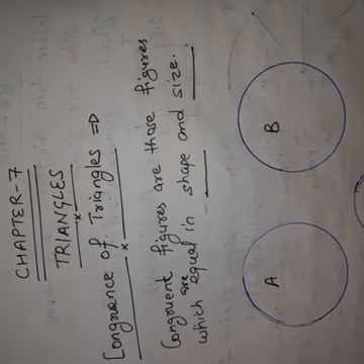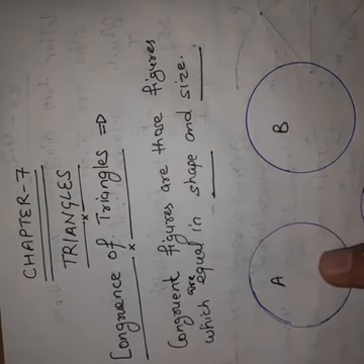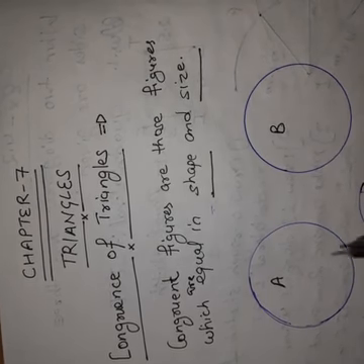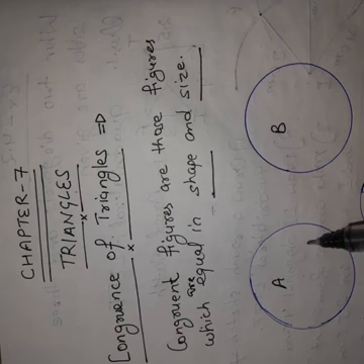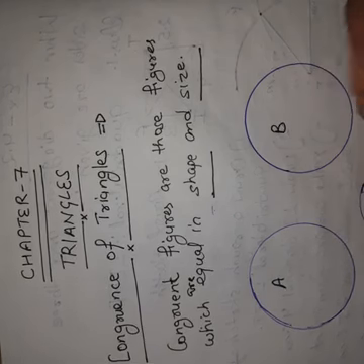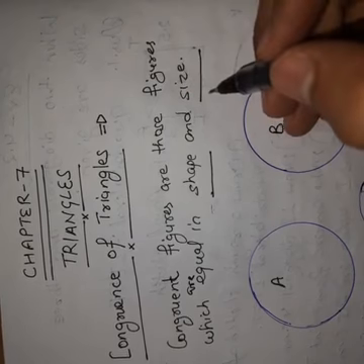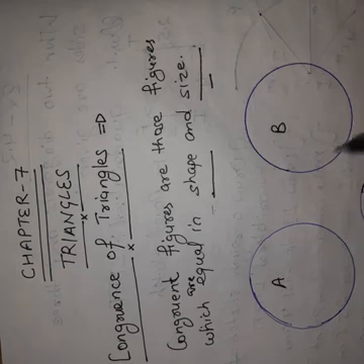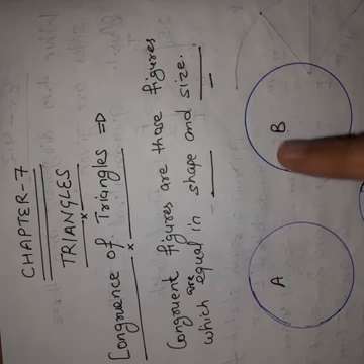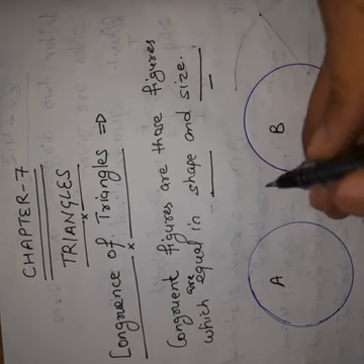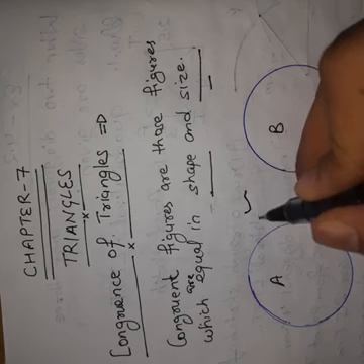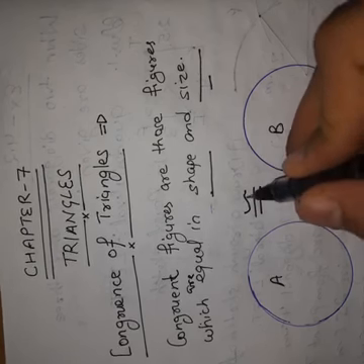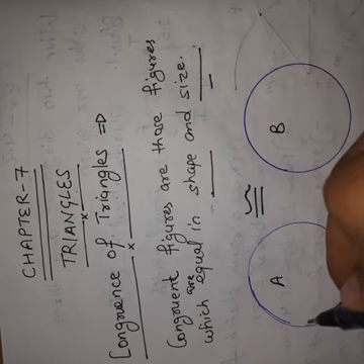For example, I have drawn two circles, circle A and circle B. Both of these figures have same radii, so they have same size as well as their shape is also circular. Both are circular in shape as well as their size is also equal. So I can say that circle A is congruent to circle B. Okay, and this is the sign of writing congruency. Write this. We write congruency like something like this.